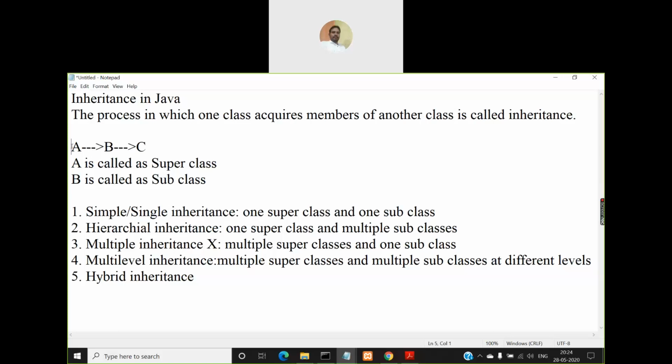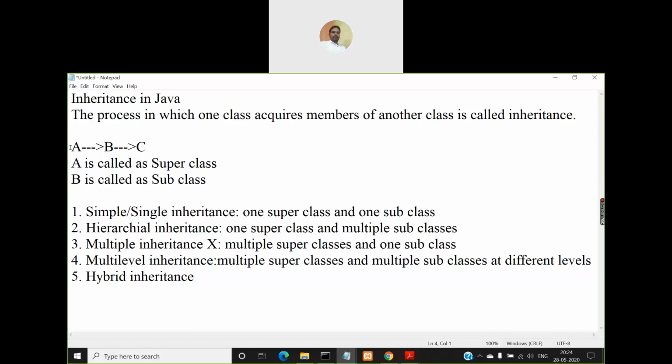B is acquiring members from class A and C is in turn acquiring members of class B. So that means C will have both the members of class A as well as class B. Now here A is a superclass for B and B is a subclass for A. And again B is another superclass for C and C is a subclass for B. So A is at level 1, B is at level 2 and C is at level 3. At each level there will be only one class, not more than one class, right?